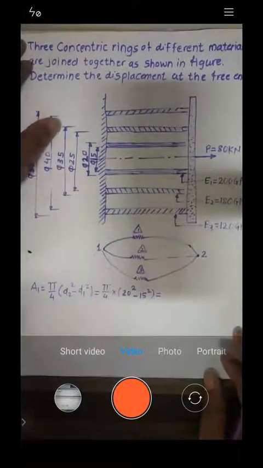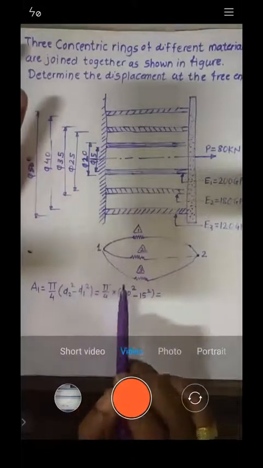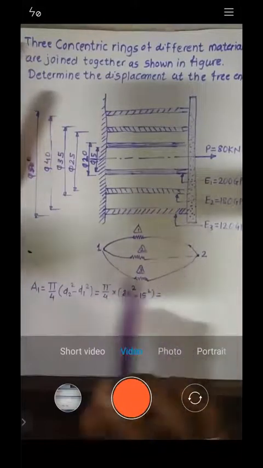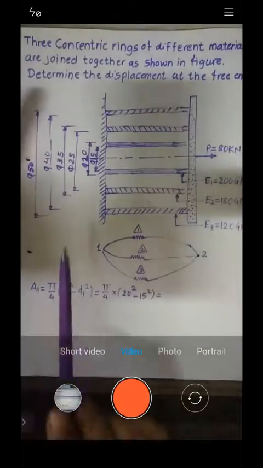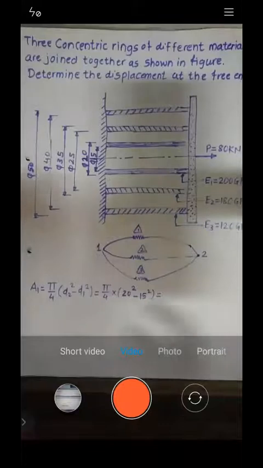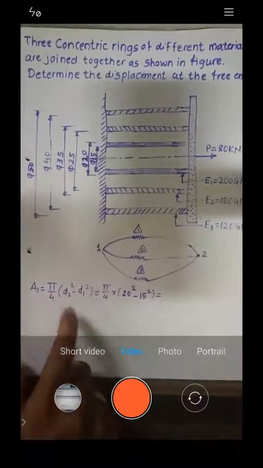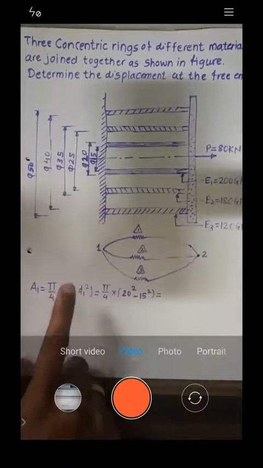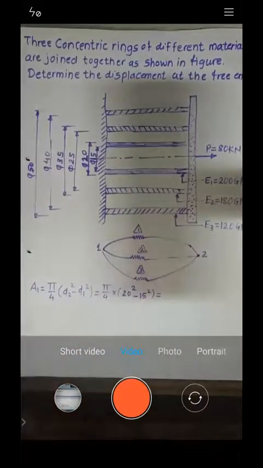Yes, sir. Because to write down the element stiffness matrix, it is AE by L times [1 -1; -1 1], where you require the area, and the area is not given in the problem. Instead of area they have given the diameter. Since these are rings, they will have circular cross sections. So how will you calculate the circular cross section using diameter? Obviously it is pi by 4 into d2 square minus d1 square. From this you get the value, so let me know how much you're getting.